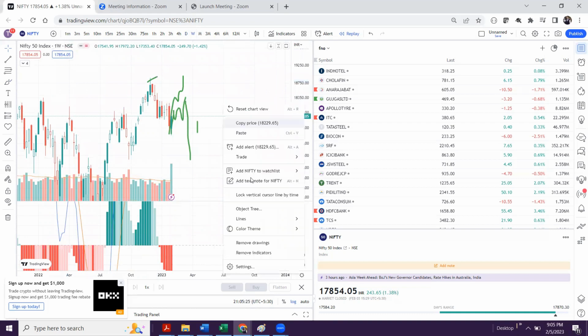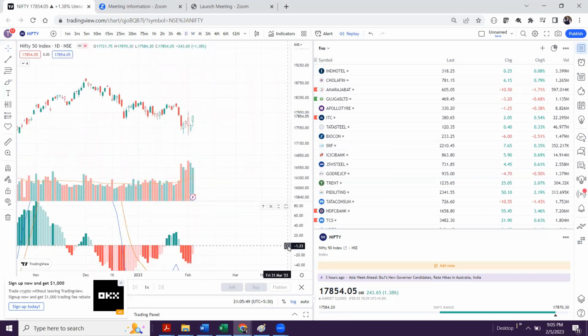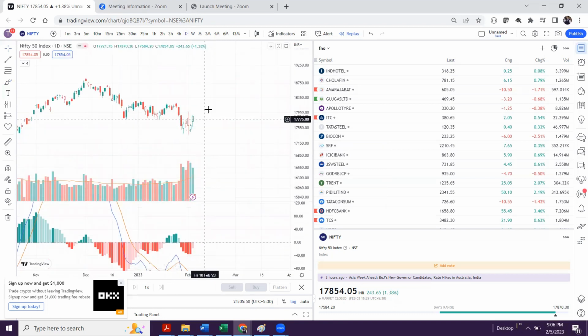And if you clearly see on the weekly time frame also, this is a very strong bar as of now, and selling will only be there if a good amount of this is cleared, right? Although this is a selling area, this bar is very strong as of now. And since there is a divergence on the daily chart, that's why we expect some upside.